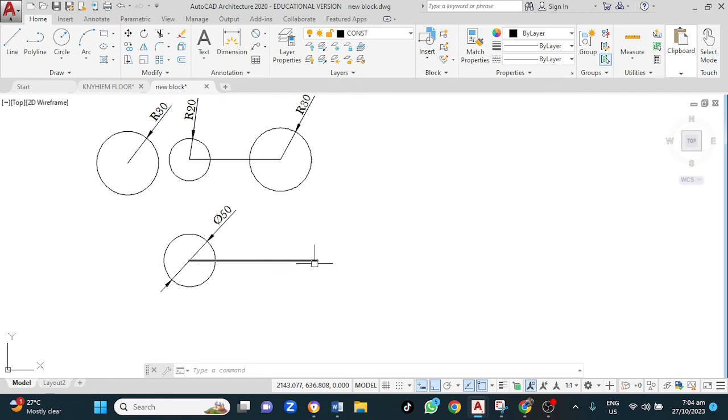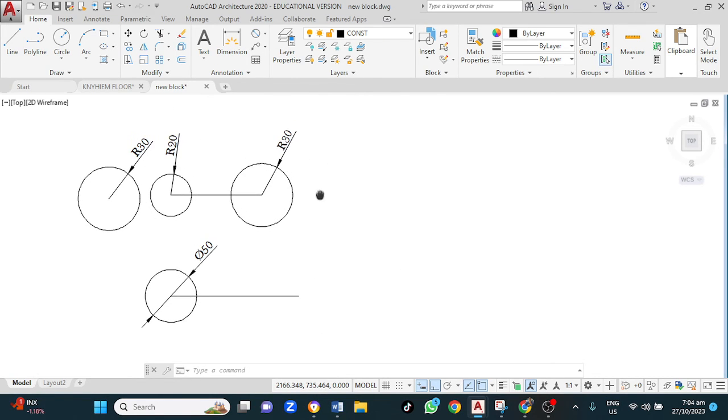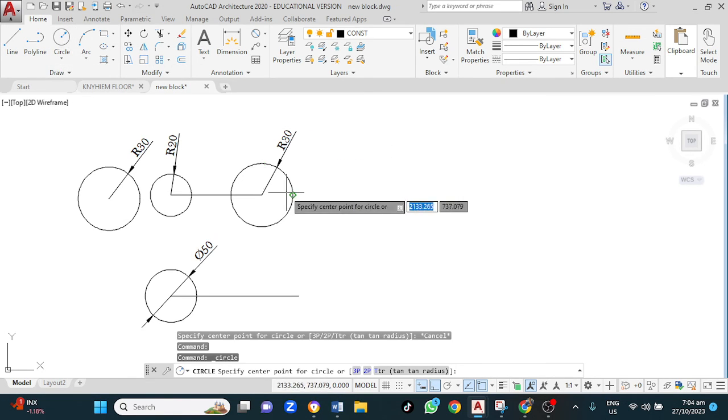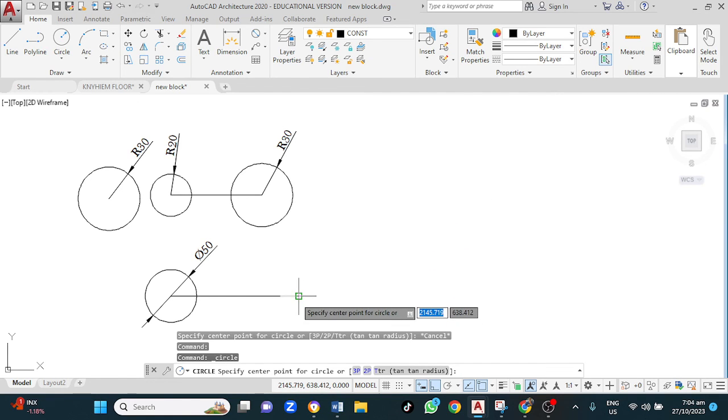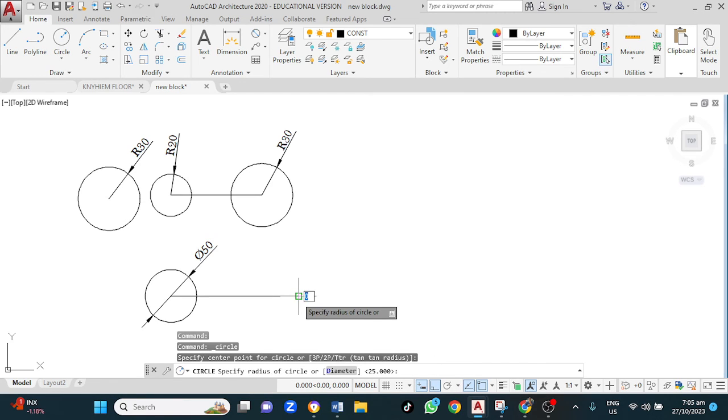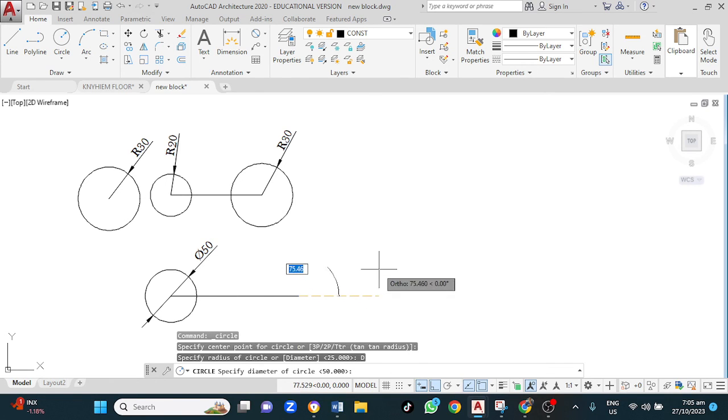To draw our second circle at this next end of the line, this one should be of diameter 70 millimeters. Again, we go up to circle, left click, or type C for circle. We then left click the start point or center. Again, we then type D for diameter, or click diameter. In this case, this is 70, type 70,